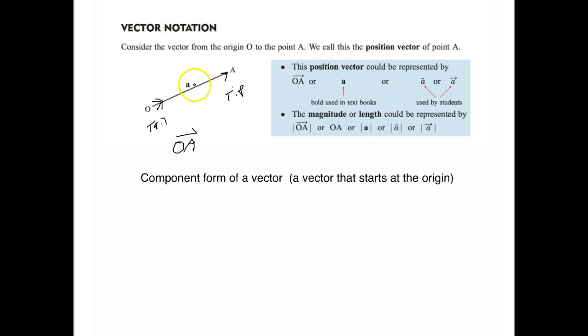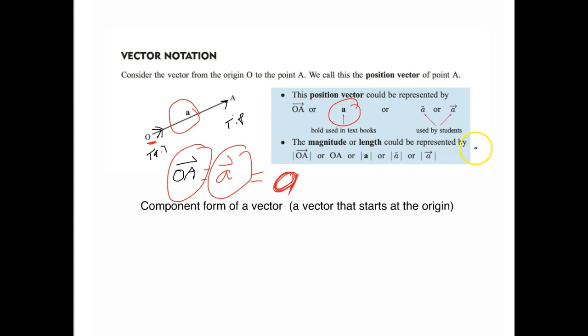You could also name this vector using the lowercase letter right there. So you could call this lowercase a with a little arrow on top. Your books can use the bold lettering right here. They do the same thing, but they'll use it in bold, which is way too much work for us. So we just either use lowercase a or use the endpoints. Remember, start at where you start. We'll talk about this more later,